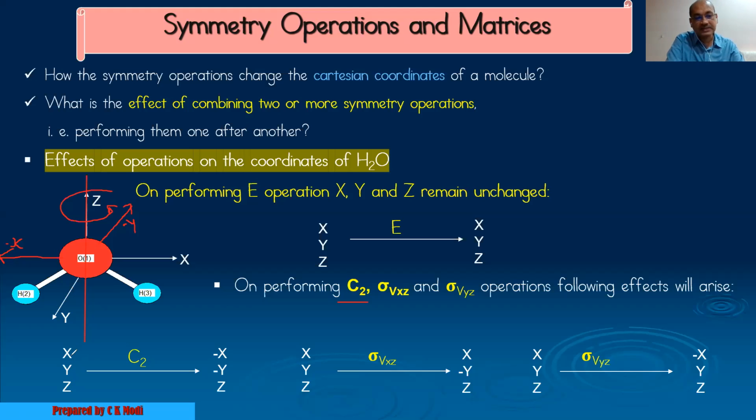What is the position of x after C2? It becomes minus x. What is the position of y? Y becomes minus y. And z becomes z. On the other hand, sigma v xz. If I perform sigma v xz,